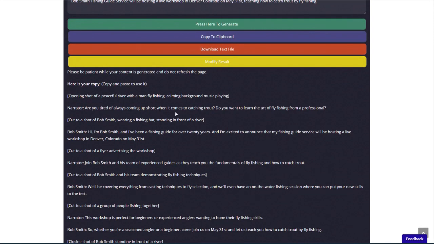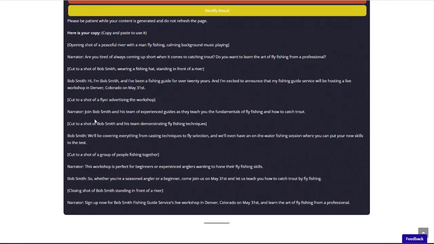Are you tired of always coming up short when it comes to catching trout? Do you want to learn the art of fly fishing from a professional? Cut to a shot of Bob Smith wearing a fishing hat standing in front of a river. Hi, I'm Bob Smith, and I've been a fishing guide for over 20 years, and I'm excited to announce that my fishing guide service will be hosting a live workshop in Denver, Colorado on May 31st. Join Bob Smith and his team of experienced guides as they teach you the fundamentals of fly fishing and how to catch trout. Bob Smith says, we'll be covering everything from casting